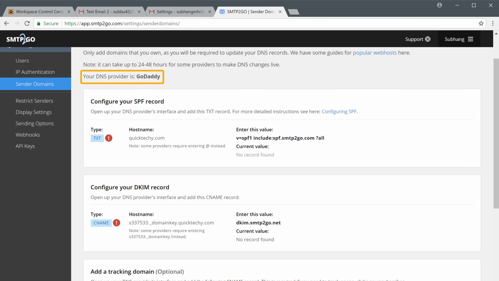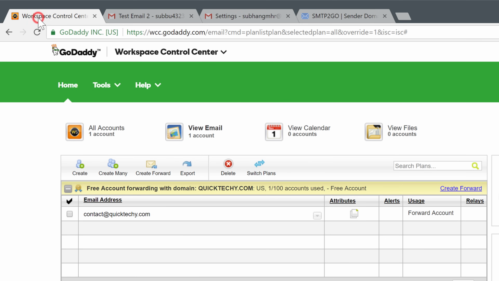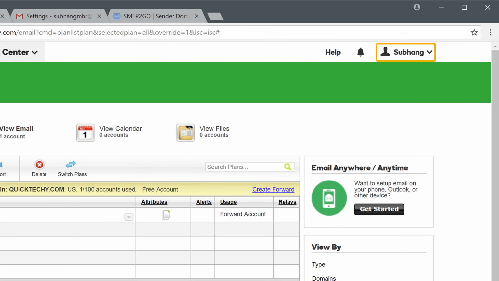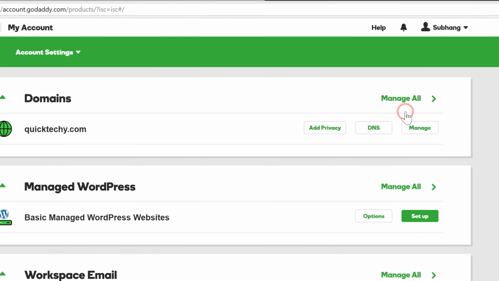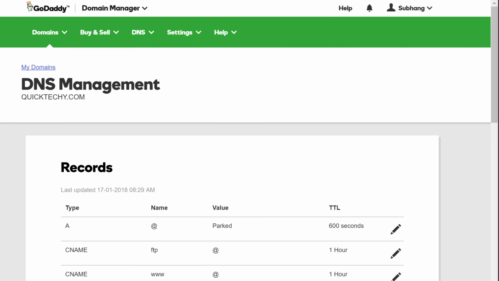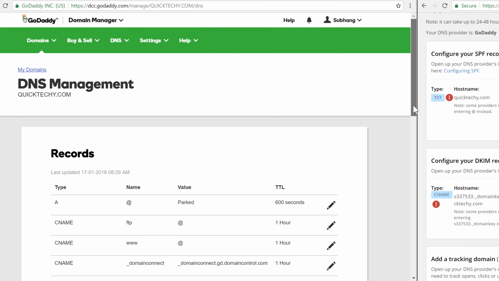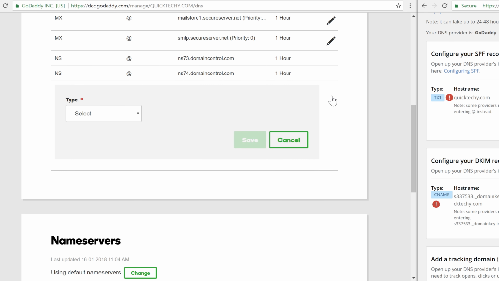So since our DNS provider is GoDaddy, let's go there and then click here and click My Products. Now click DNS and then scroll down and click Add. Now select TXT as shown here.